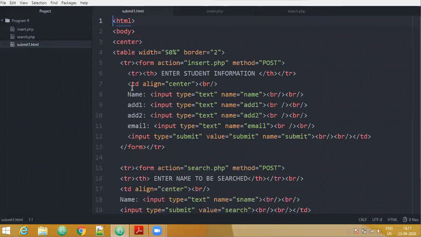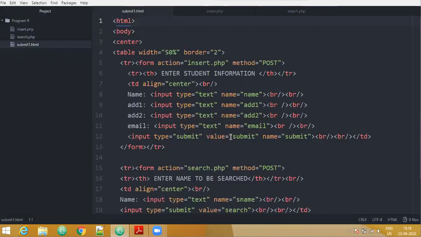Next, the alignment is specified for the table data, that it has to be displayed at center. Then name, address 1, address 2 and email. These are the 4 text boxes. Input type is equal to text and the name is given to them as name. I've made use of the BR tag so that each of the text boxes is displayed on a separate line. Then input type is equal to submit. This is a button, the button type here is submit.